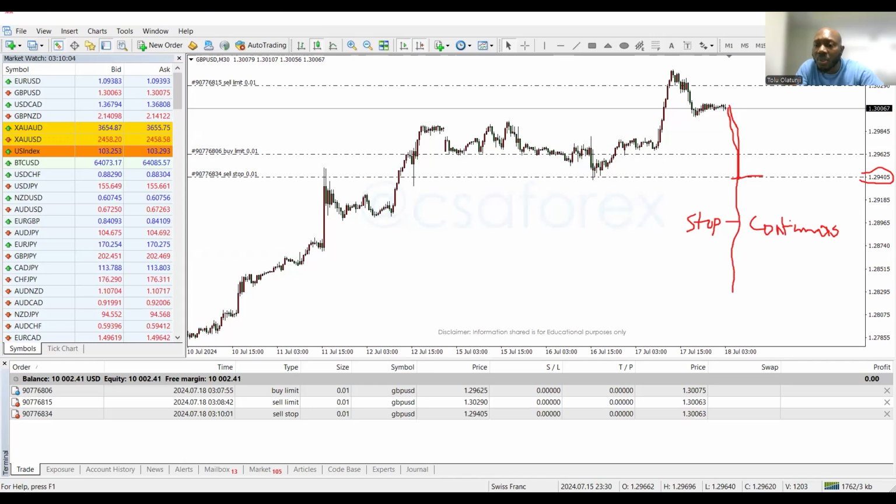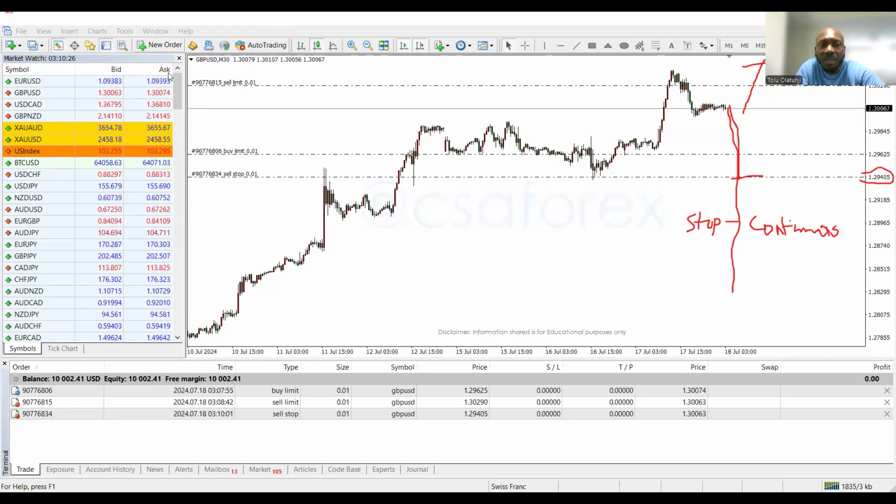Now, the same concept is going to be what? It's going to be for buy stop. Remember buy stop, as price is doing what? As price is pushing higher and higher, it will pick us up here and then continue to push higher. So let's say 1.30510,